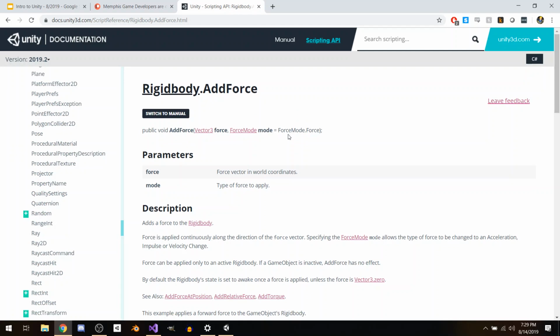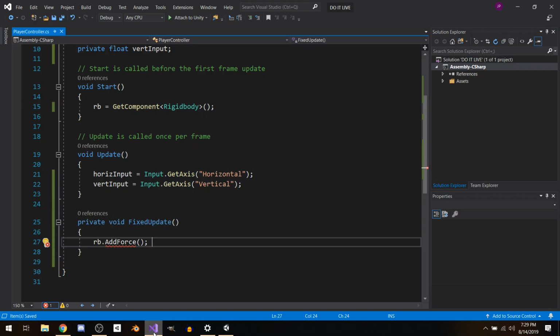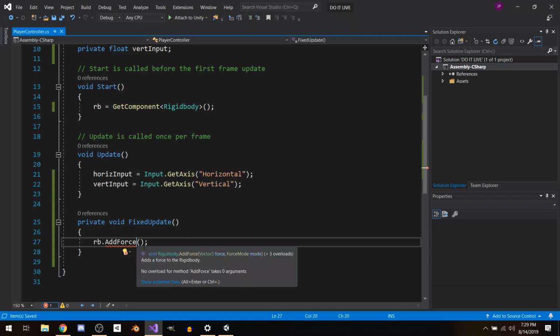So it'll only take 2 arguments. One of them is optional, force mode. You don't actually have to define that. But all AddForce is looking for is a vector. And if you remember, a Vector3 is just a container for 3 floating point values. We have 2 of those from our horizontal and vertical input. And because we're not worrying about jumping, we don't care about the 3rd one. So in AddForce,